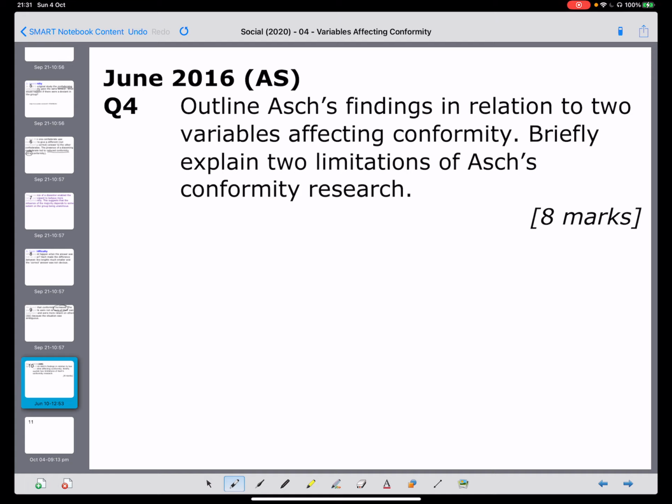Now, of course, I don't have any actual evaluation points in this particular slide, because you need to go back to the previous section in your notes where we are being critical of Asch, and we can look at something like child of its time, or the validity of Asch's research, both in the participants being convincing and also in the reality of a lab, which could give us enough points to be critical in this particular case.